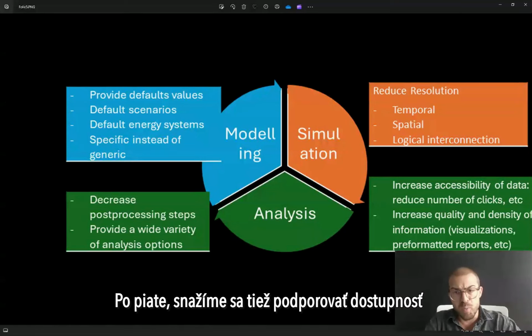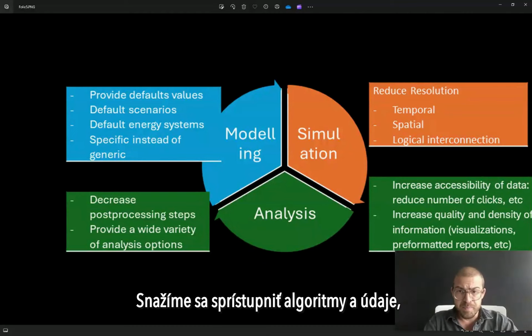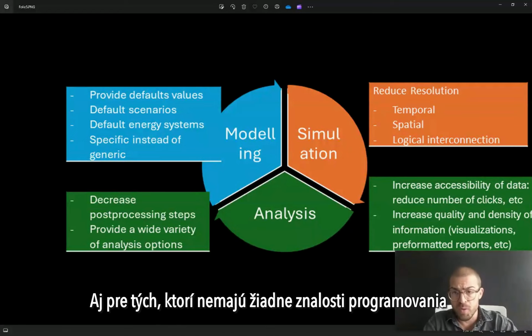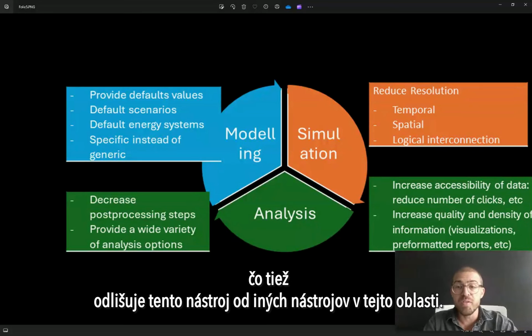Fourth, we try to ensure easy iterability, trying to make it simple to iterate within the planning process. Fifth, we also try to promote accessibility and transparency by avoiding the use of proprietary tools and software. We try to make algorithms and data open access, ensure that the calculations are transparent for the users, also for those without any programming knowledge and programming skills,